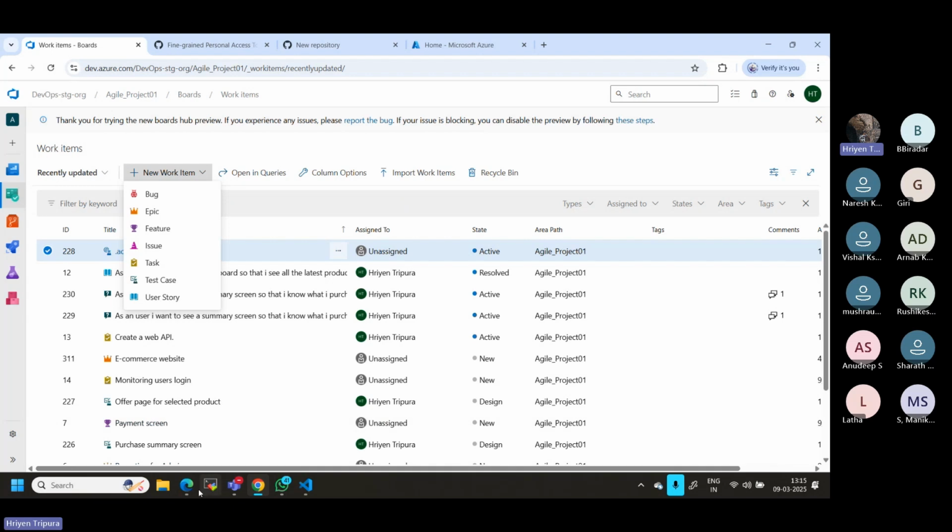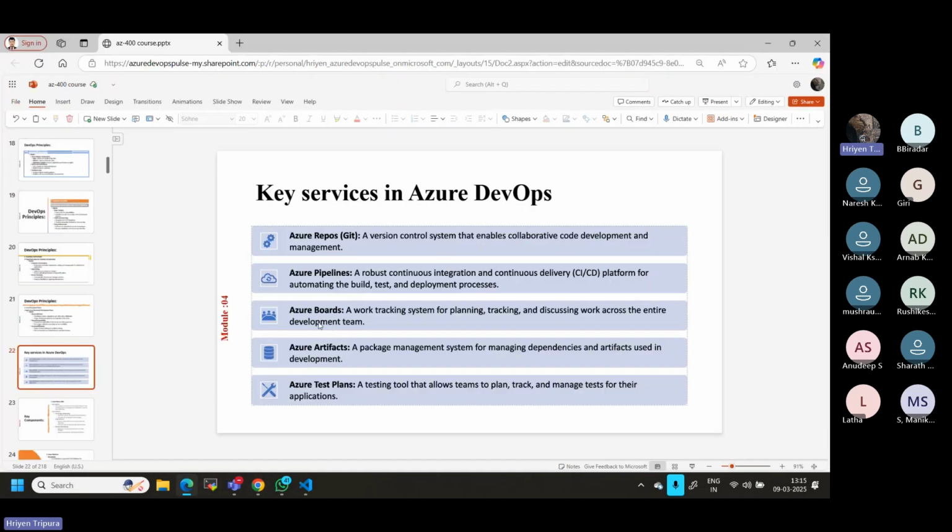Now, when it comes to the document, it says the definition: a work tracking system. It is a tracking system for planning. You can plan, you can track, and you can discuss work across the entire development team. That means, say for example,